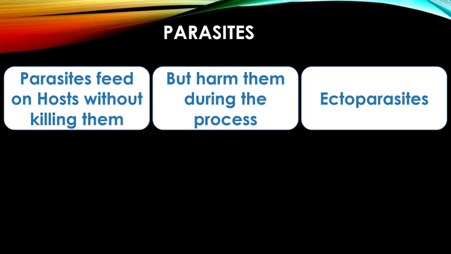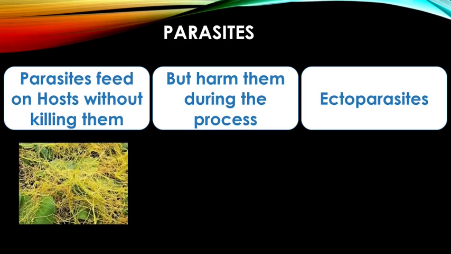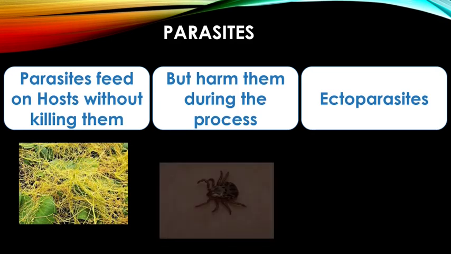First, let us see examples of ectoparasites. Cuscuta or Amarvel, this yellow colored wiry plant, is an angiospermic plant because it produces flowers. It grows on other green plants like jujube, ber, and it takes nourishment from the xylem and phloem tissues of the host plant, indirectly harming the plant. So, Cuscuta is a parasite on other green plants.